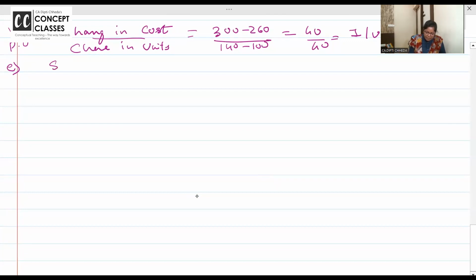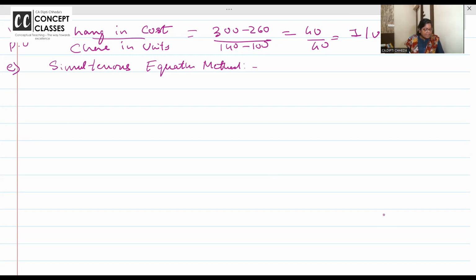Fifth method: simultaneous equation method. These are there in your study material also. For data, if you want, you can check. What is the equation? Y is equal to mx plus c. Now, first equation is at 60%. What is the total cost? 1200. M is variable cost per unit. X is